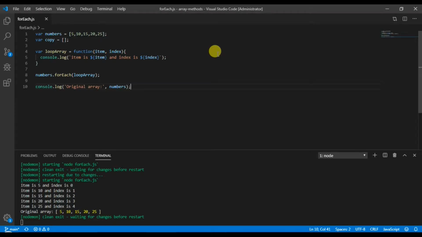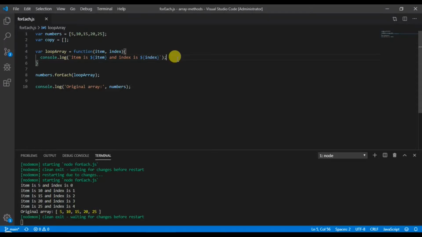If you look at the terminal, you will notice that in the first iteration the index is 0 and the item is 5. In the second iteration, the index is 1 and the item is 10. And in the third iteration, the index is 2 and the item is 15. The forEach method will iterate over each item in the array in ascending order, based on the index, which starts at 0 and continues until the last item in the array. We now have a good understanding of the item and the index.